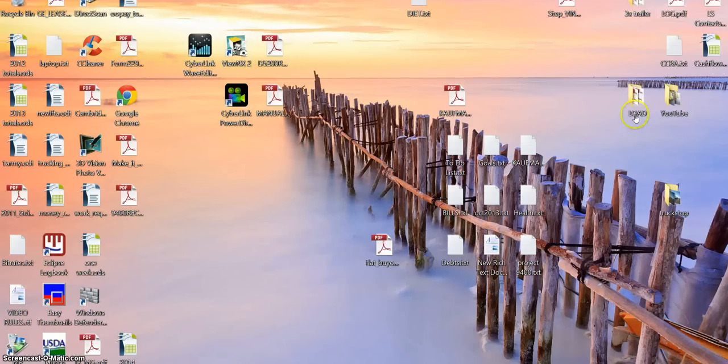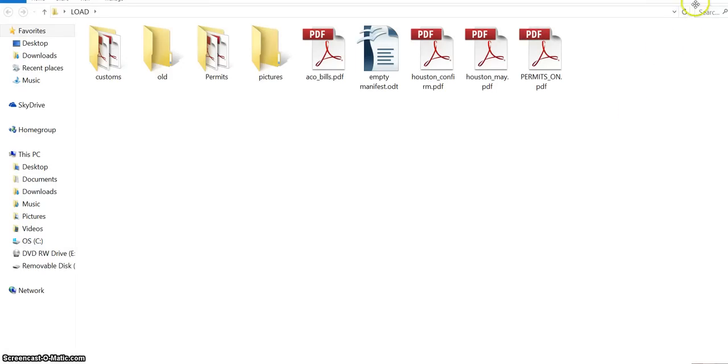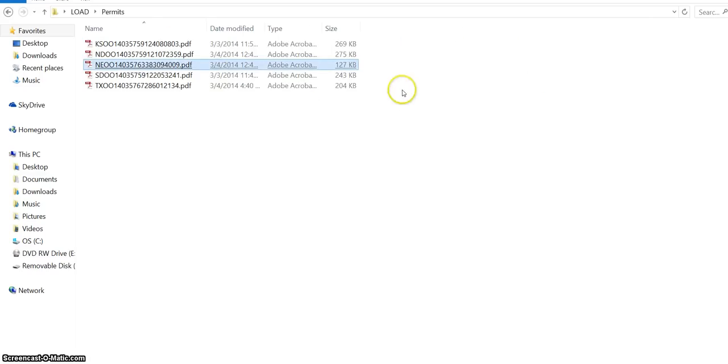And just to mention, here's a tip for owner-operators. I have this little folder here called load, right? And then inside I have more folders: customs, permits, and then all this stuff. That's my load confirmations, right? And this is pretty handy for each trip, and then I get rid of them. I put them in this old folder and I get rid of them, and each time I have